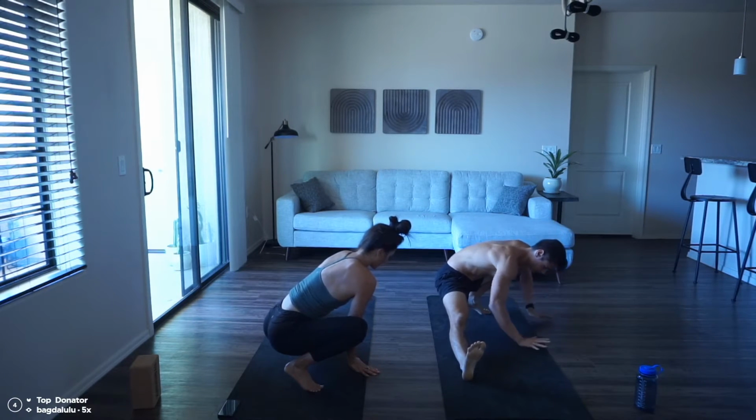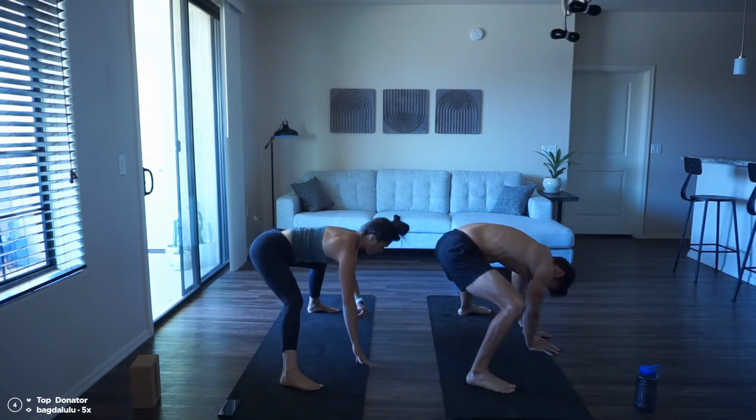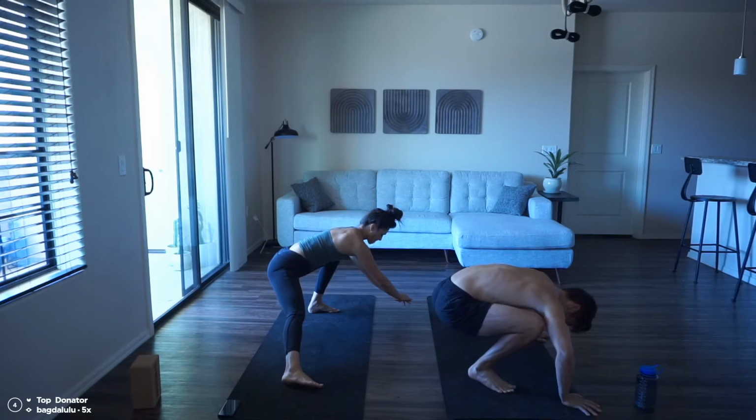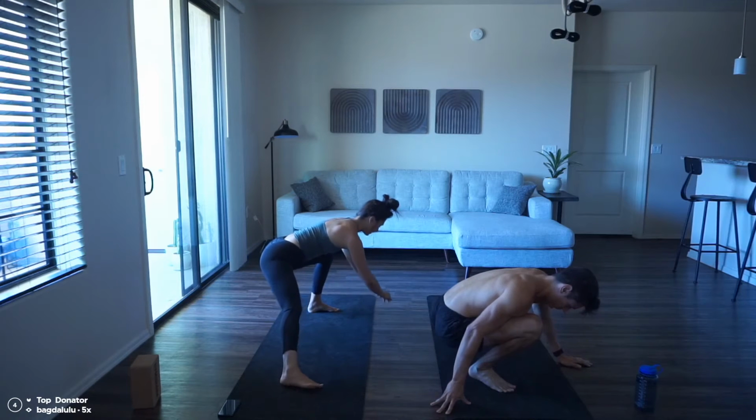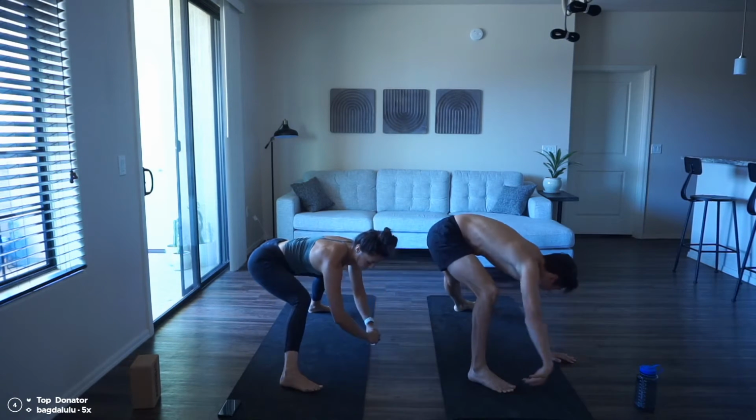That'll get more into the inner thigh. You can also just keep the foot flat. So just 10 side to side. Start to open up a bit more. Should be feeling pretty warm in the